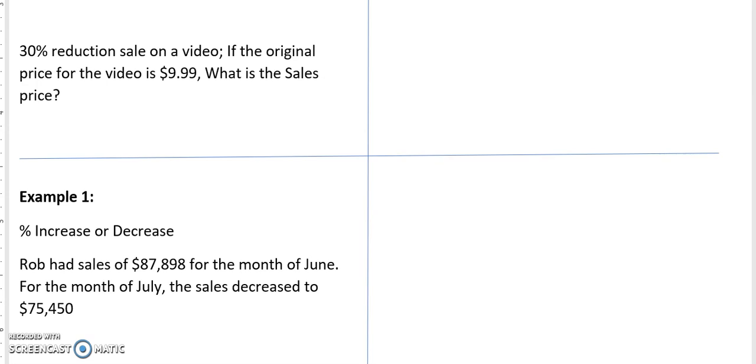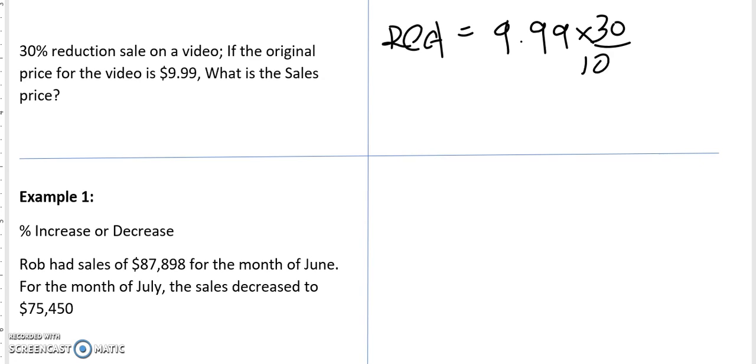So you see a 30% reduction sale on a video. You want to buy the video and you see this 30% reduction. The original price of the video is $9.99. What is the sales price? You know the original price is $9.99, so you want to find the basic reduction. The basic reduction will be $9.99 times 30 by 100, and that comes to